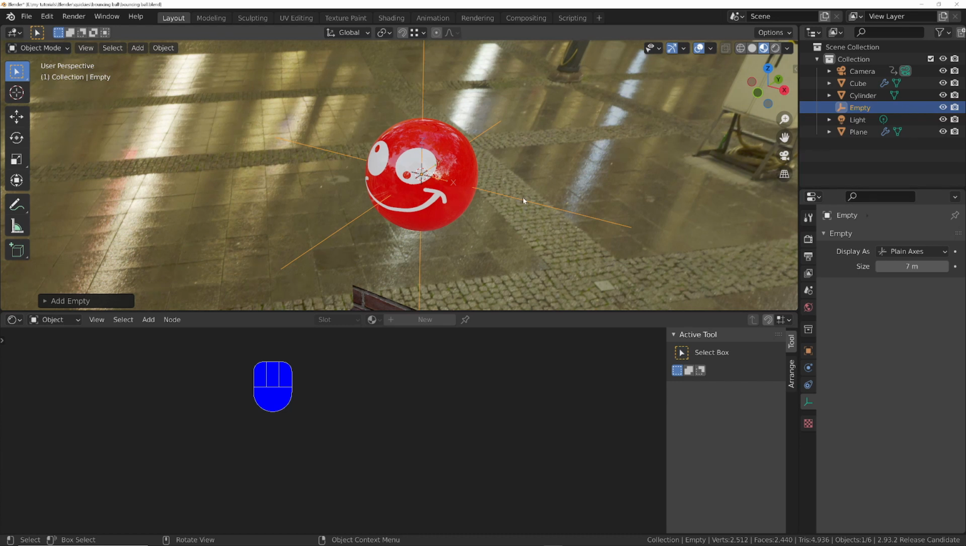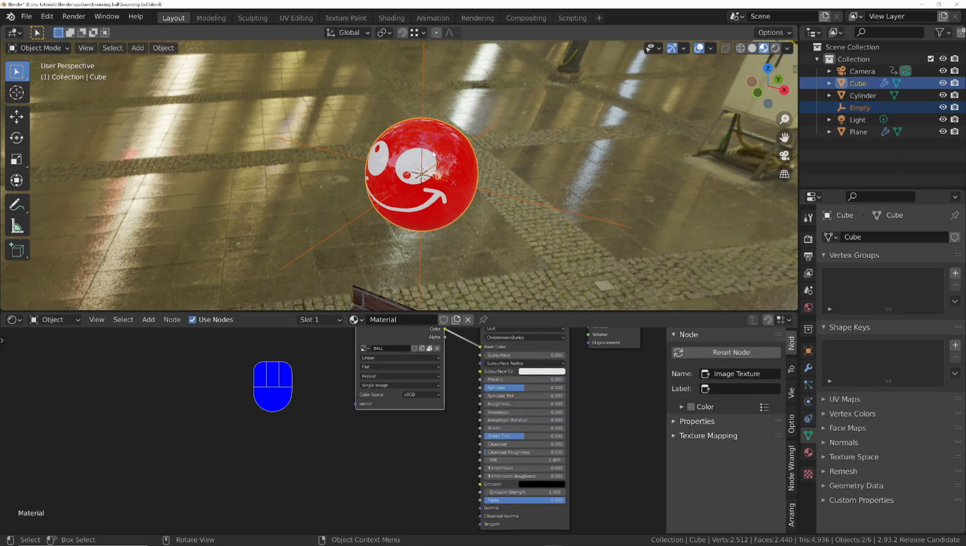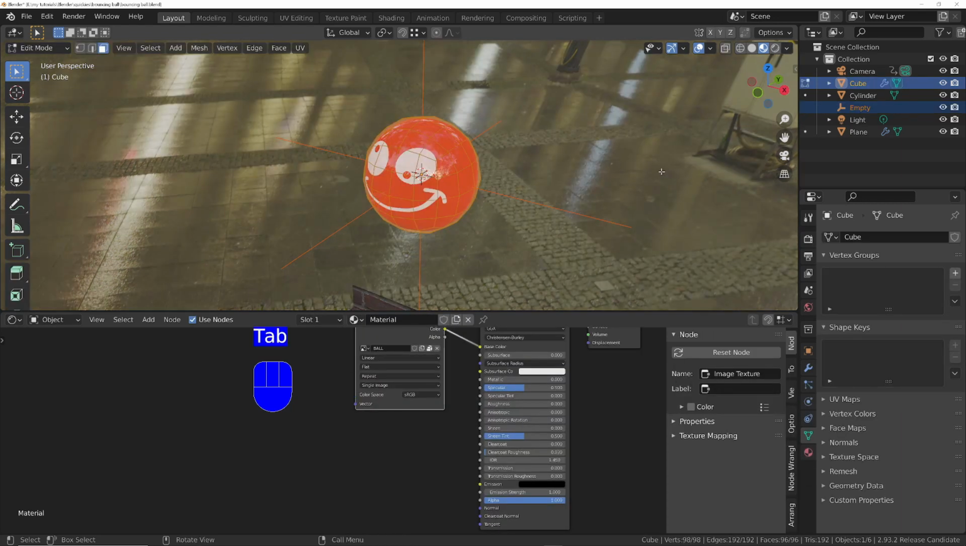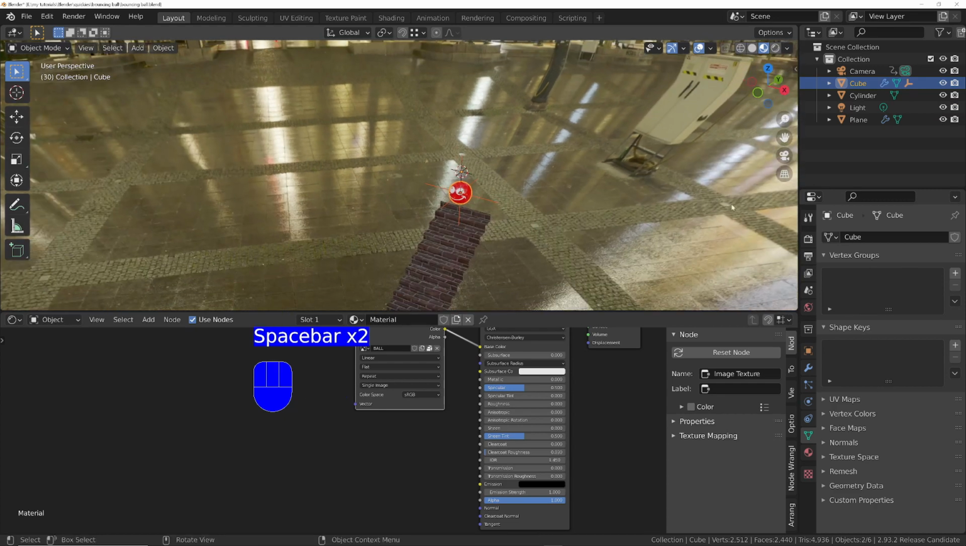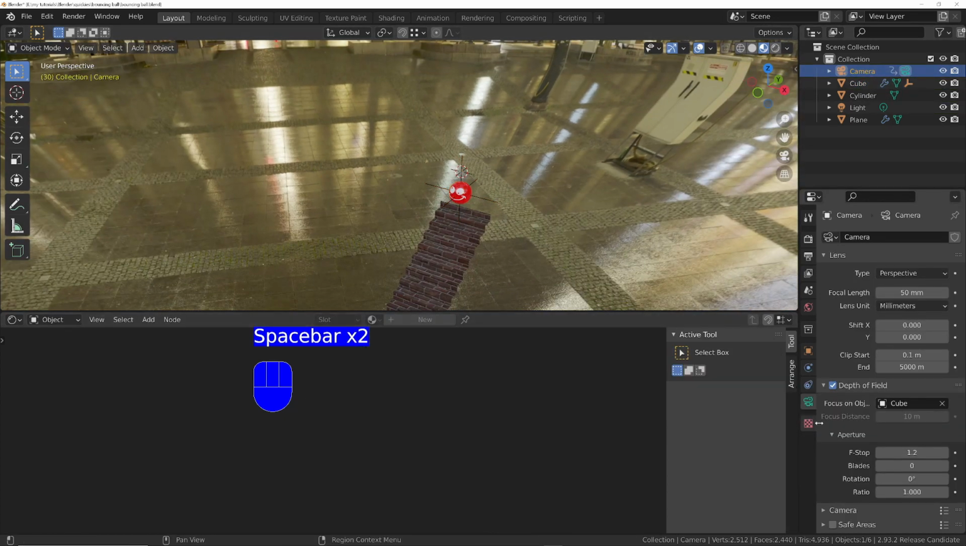So what we need to do is select that first, the empty, and then select the ball, and then go into edit mode, press number 1 to choose vertex mode, and choose any 3 vertices, and then press Ctrl P and make vertex parent. And now, if we come out of edit mode, that will actually follow that down. So go into the camera, and we can choose depth of field, and instead of using the cube, we can click on that empty,